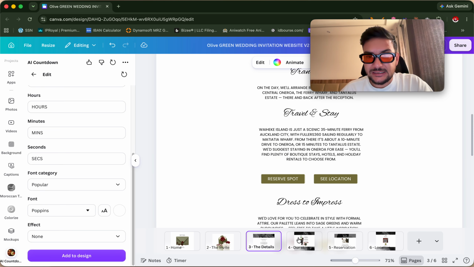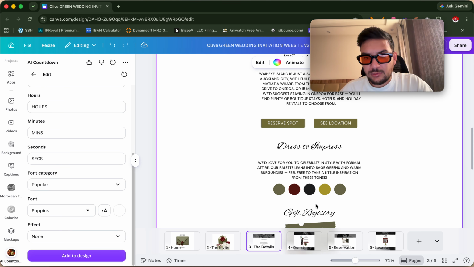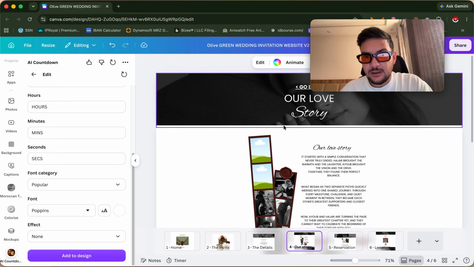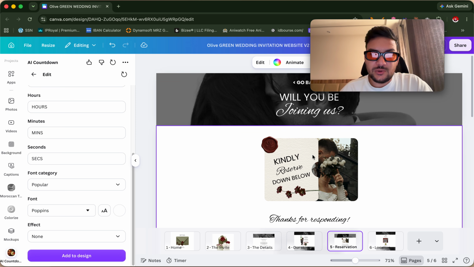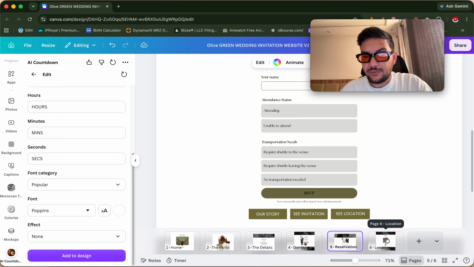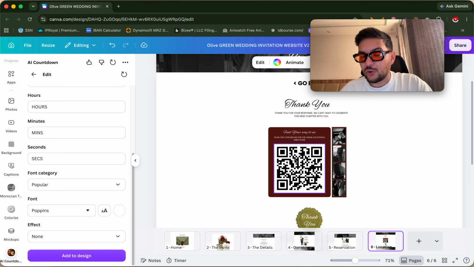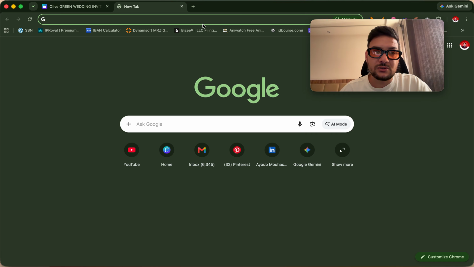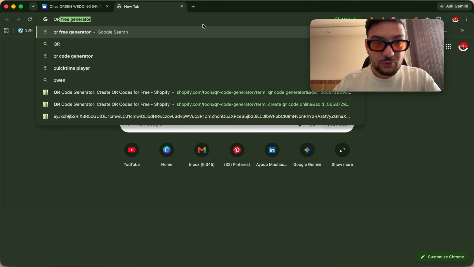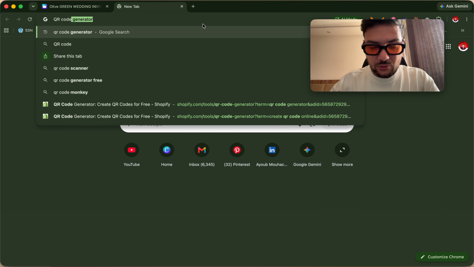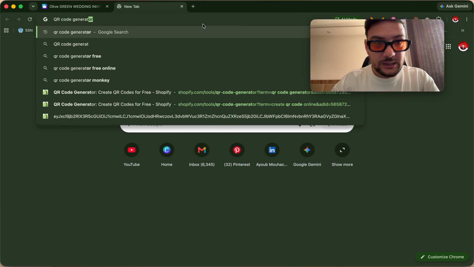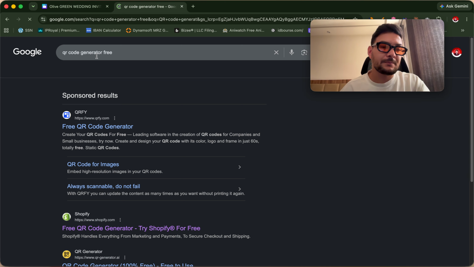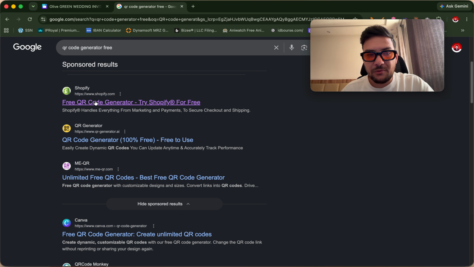So we've seen literally everything. Probably, let's see, we've seen our story, we've seen the reservation page as well. And now let's move on to the QR code. So how to generate a QR code of your place? All you have to do is just go to Google and search for, let's say, QR code generator, right? And here we go. I prefer Shopify, so I will leave the link below so that you can find this easily. I do prefer Shopify